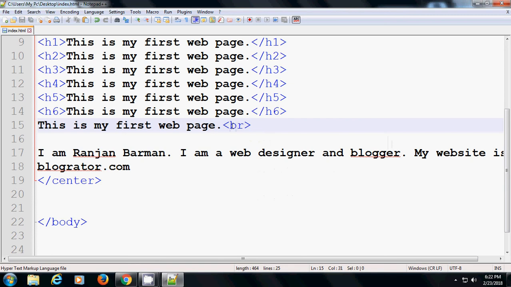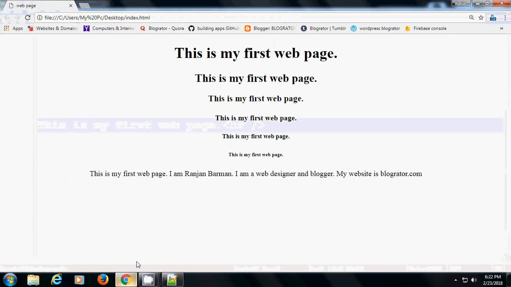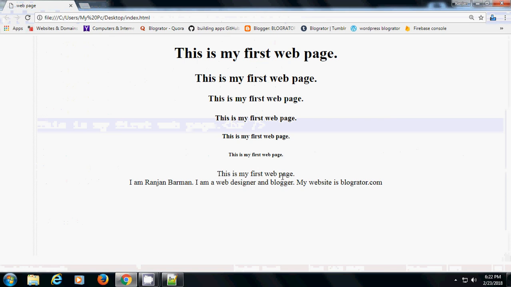That is a break. You can write like this, or you can write like this. These are the two ways we can break a line. And now you can see the effects. So this is the effect that I did. I mean, I have separated the lines,